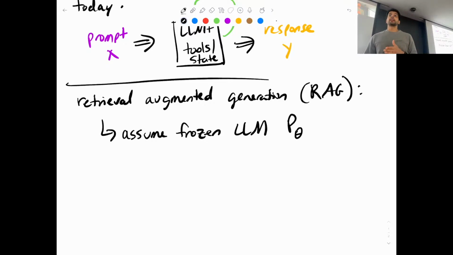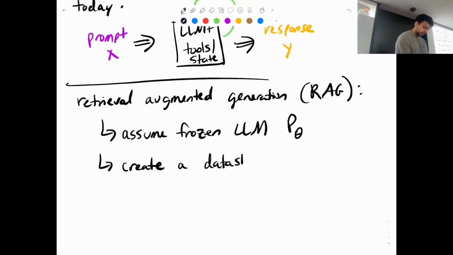The LLM may not have been trained on these documents, but you still want it to perform some tasks using those documents. So how can you do that? At a high level, we want to create a data store. We'll call it D. This term data store refers to the collection of all of these different documents